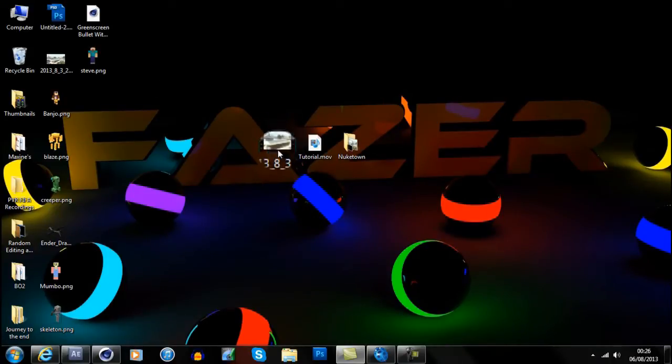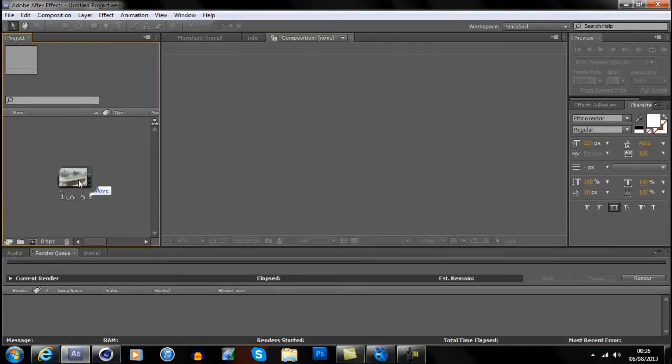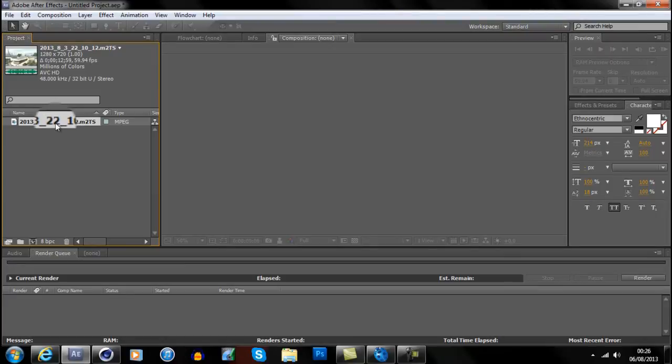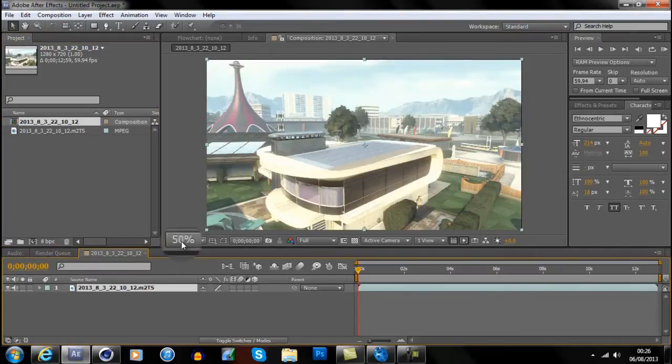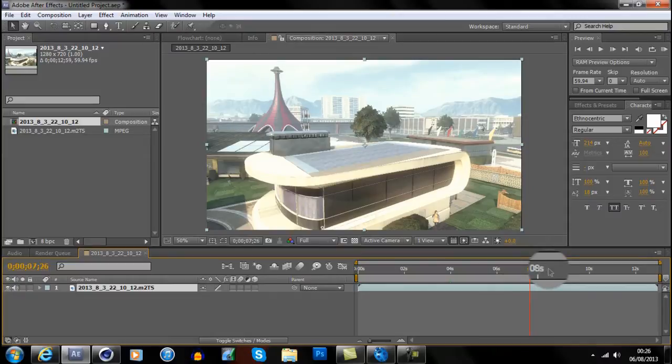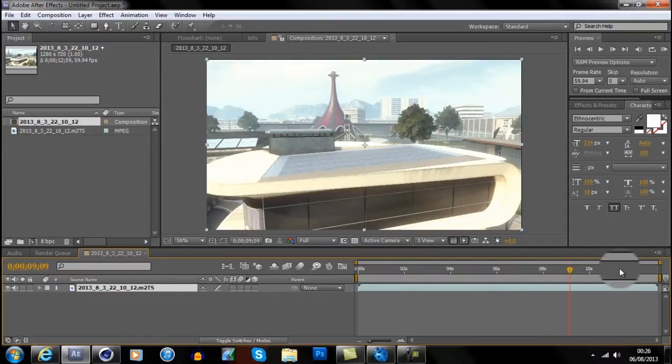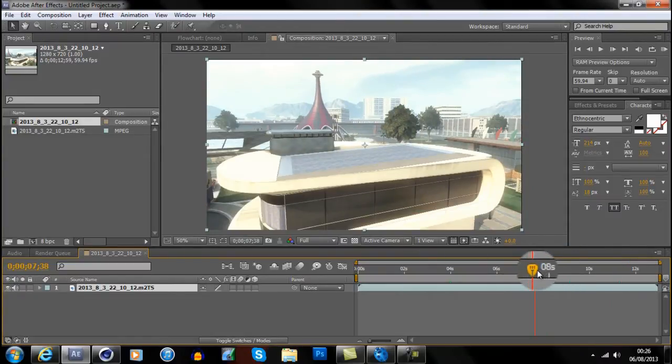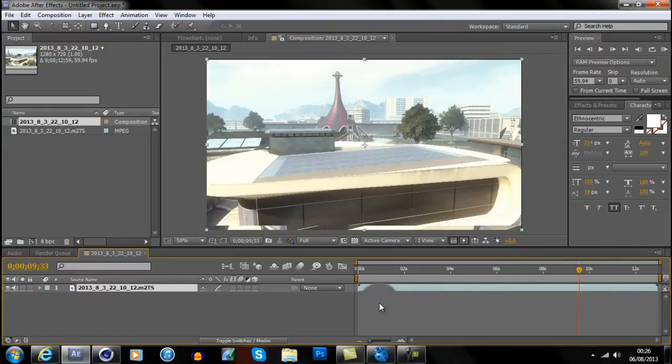We're going to take our raw clip, the one I just showed you, and put it into After Effects, drag and drop it in here. Then drag it down to the composition button down here and release it on there, and it's going to open up on the timeline. You can scroll through and click to any point you want and it will move there, and you want to basically get to the point that you want it to stop at and start at,